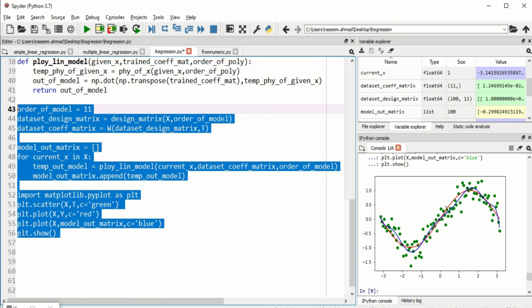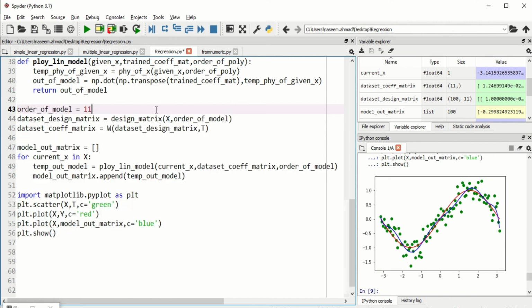You can see the symmetry of the model is not that perfect. It is trying to follow each of the data points, and this is what we call overfitting of the model. We need to remove this overfitting when we are working with a machine learning project.